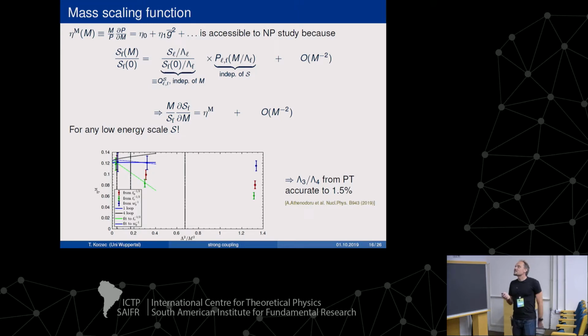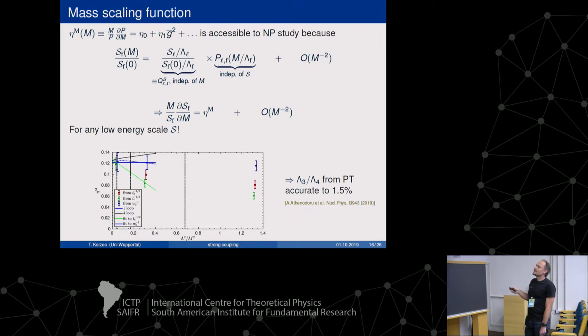P itself is not so easy to get at, but what is pretty easy to determine is a derivative of P by the mass, or this particular combination here that is called eta m, or the mass scaling function. And the reason why this is relatively easy to compute non-perturbatively and also interesting is that if you look at this equation, in the fundamental theory, the ratio between the result at a mass m and in the chiral limit, if you replace this SF of m by the effective theory SL and divide out the lambda parameters and multiply them again,